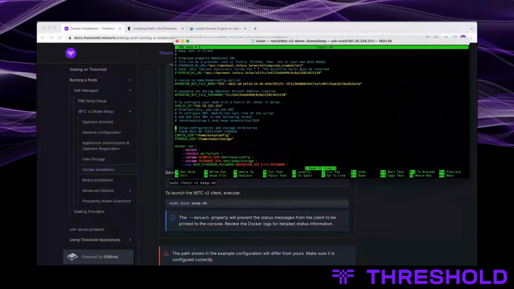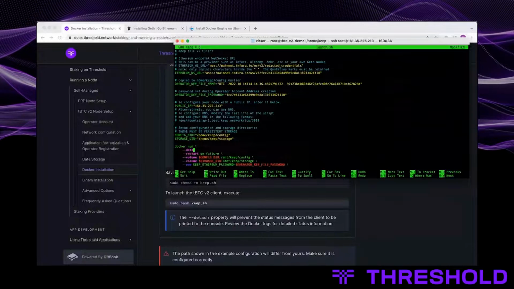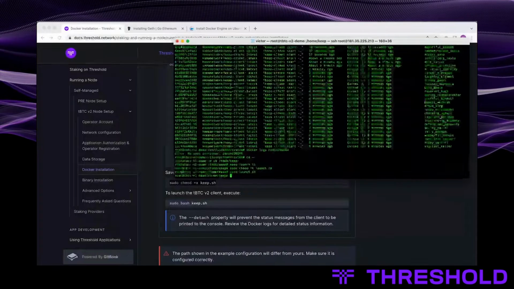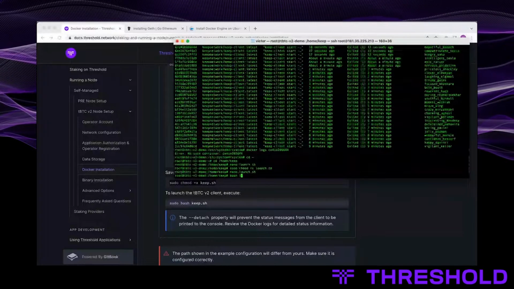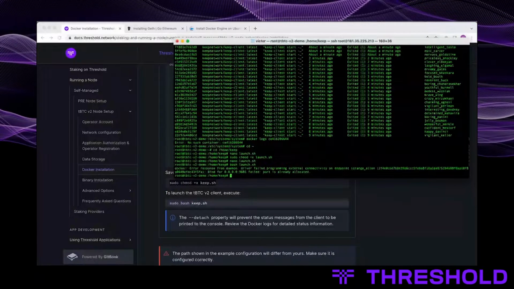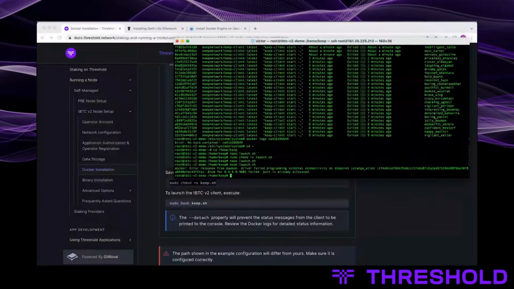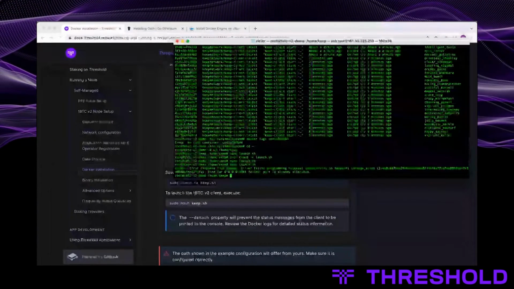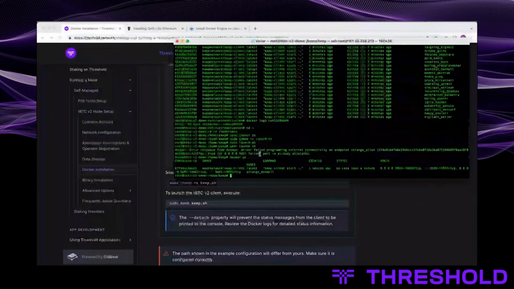So this detach property down here disables the console output. If I don't remove that, we're not going to see anything. Driver failed programming external connectivity. Port's already allocated. Now look at that.